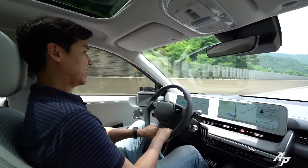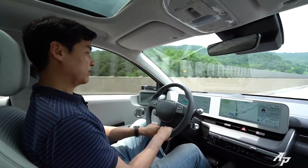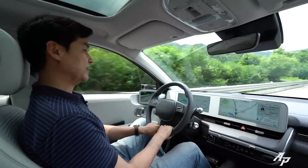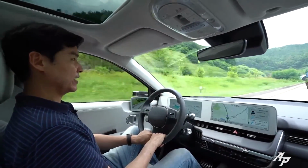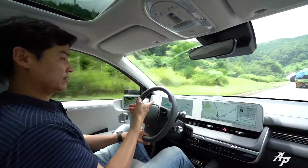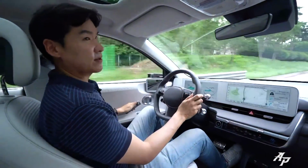And now it's saying on average 5.7 kilometers per kilowatt hour. So that's pretty good. And I think this IONIQ, when we tested the long range all-wheel drive system, also exceeded what the trip computer was suggesting. So I would say this one would also be like that too. Sunglass holder,